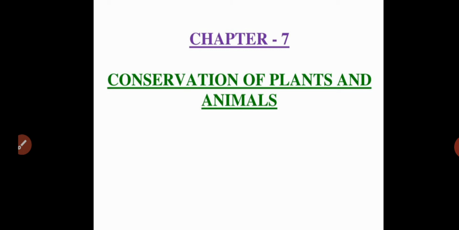So usually different species of plants and also different species of animals are present in a particular forest. What is a forest? A forest is an area with many different species of plants and also different species of animals. So nowadays, the forest is decreasing because of many human activities. Because of many human activities, nowadays deforestation takes place.